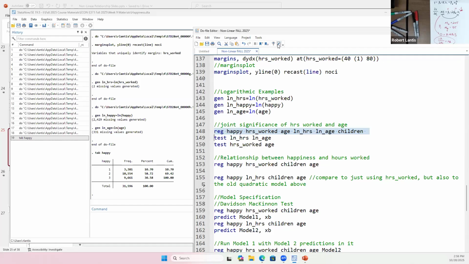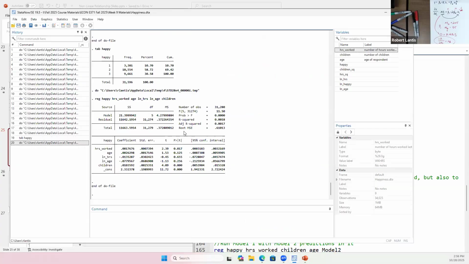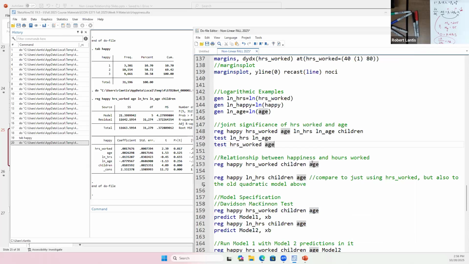If I run this regression, other than just comparing the R squareds of linear models to linear log, like we did last class, I can include both the linear and the natural log terms. I can then look to see that the statistical significance looks not quite as high for the nonlinear terms. So I'm going to make a joint significance test to say, should I be including